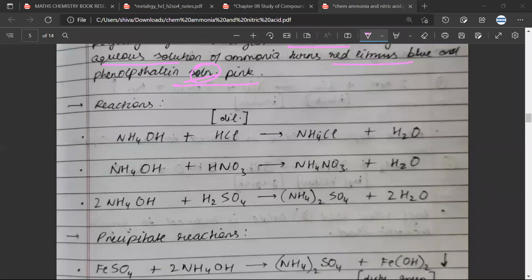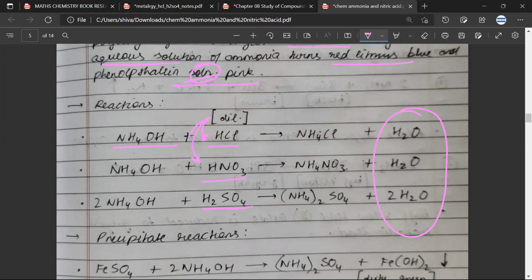Now please note that ammonium hydroxide is also known as the aqueous form of ammonia. And now we will be studying the reactions wherein ammonia is reacted with different kinds of acid to produce different kinds of products. But as you may know, water is formed in all three of them. So you are reacting the aqueous form of ammonia with different acids such as HCl, HNO3 and H2SO4, and each one of